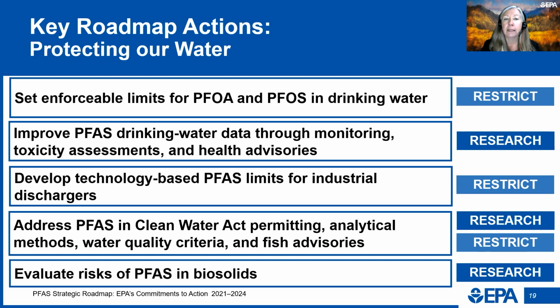EPA's proposed rule has cleared interagency review, and the agency intends to issue a proposed rule for public comment soon. EPA is also working to improve drinking water data through monitoring, toxicity assessment, and health advisories. EPA is currently taking important steps to monitor drinking water in communities across the country through our 5th Unregulated Contaminant Monitoring Rule. This program is testing for 29 PFAS chemicals from 2023 through 2025 in thousands of drinking water systems